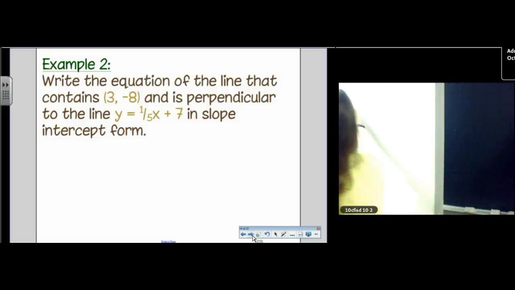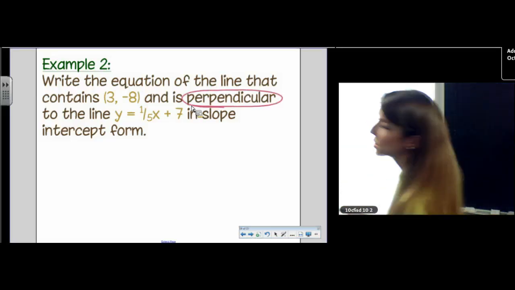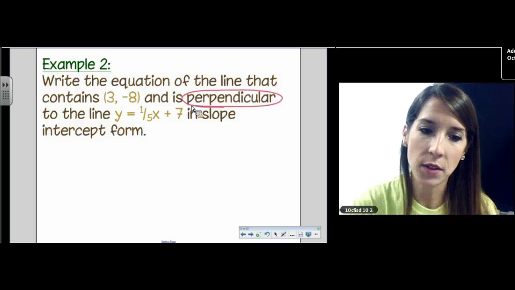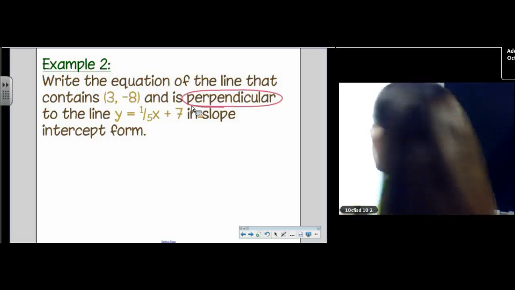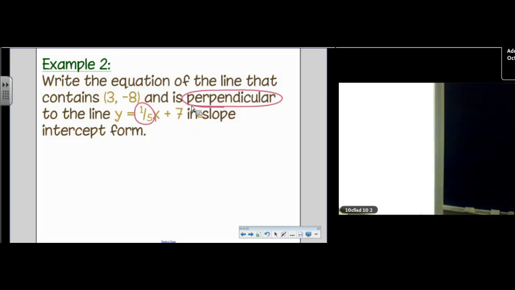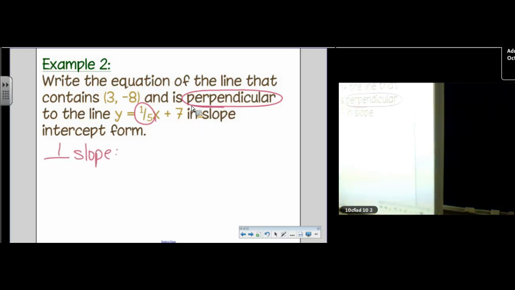What we want is we want to be perpendicular. Everyone would circle that if that was on a quiz. We want to be perpendicular to y equals 1/5 x plus 7. His slope right now is 1/5. The slope we want, the perpendicular slope to that, would be